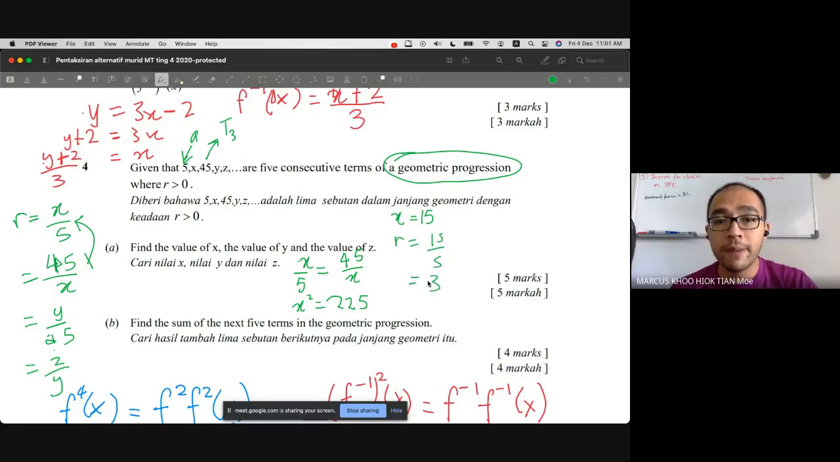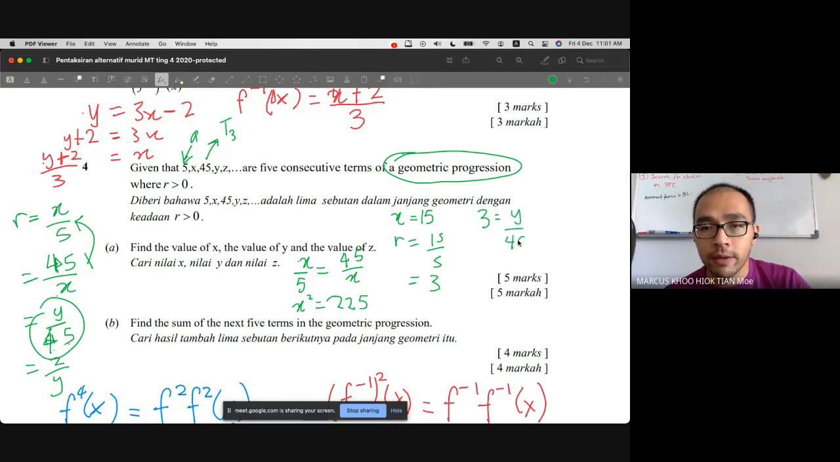Okay. If my r is equals to 3, I can find y already. Sebab y over 45. So, okay, so 3 equals to y over 45. So y will be equals to 45 times 3 will give you 135. And I can do the same thing over here. z over y equals to 3. So 3 equals to z over 135. So z equals to 135 times 3 will be